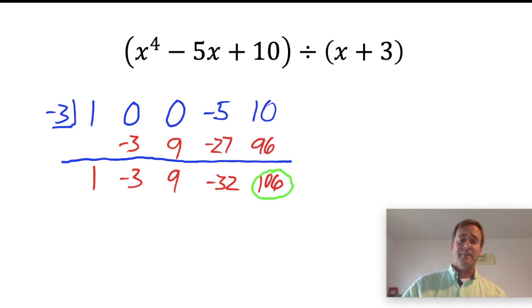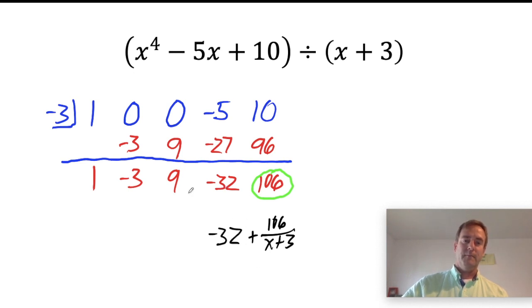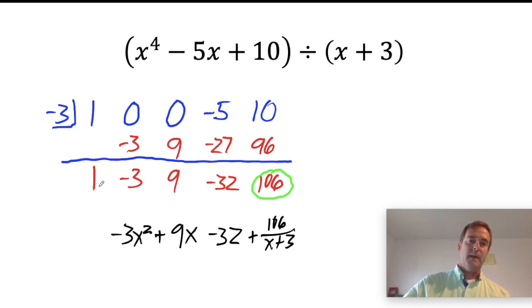I often like to write these from the back because it avoids confusion. 106 over x plus 3 is the remainder. Negative 32 is the constant term. 9 is what goes in front of the x. Negative 3 is what goes in front of the x squared. And 1 is what goes in front of the x cubed. The quotient of this problem is x cubed minus 3x squared plus 9x minus 32 with a remainder of 106